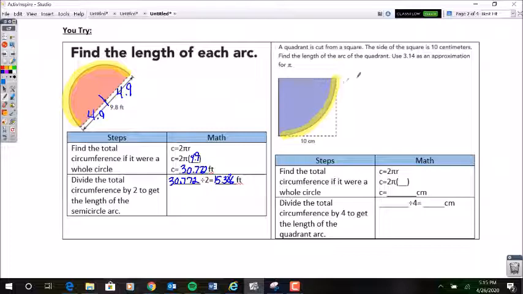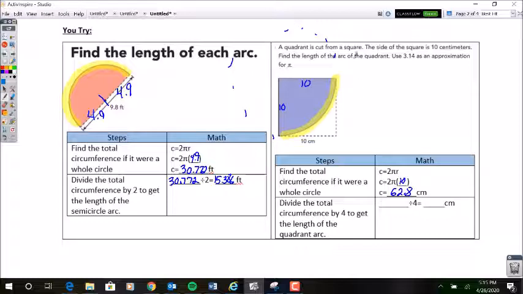Okay, the same thing here. We have a quadrant, and again, if we wanted to imagine the rest of the circle, if we wanted to continue it, that 10, which would also be the value here and here, is just the radius of the circle. So again, I'm going to get the total circumference of what the whole circle would be, which is 2 times pi times 10, because 10 is the radius, so 62.8